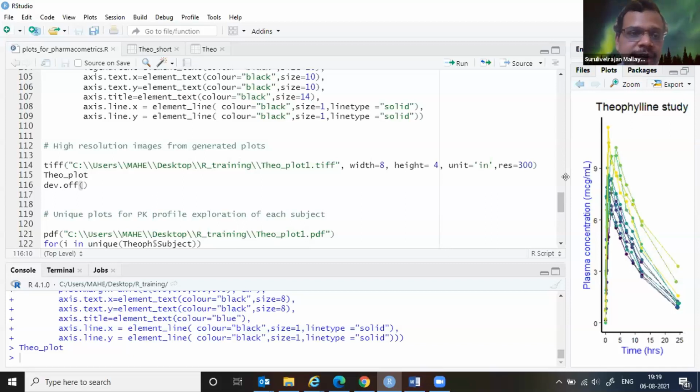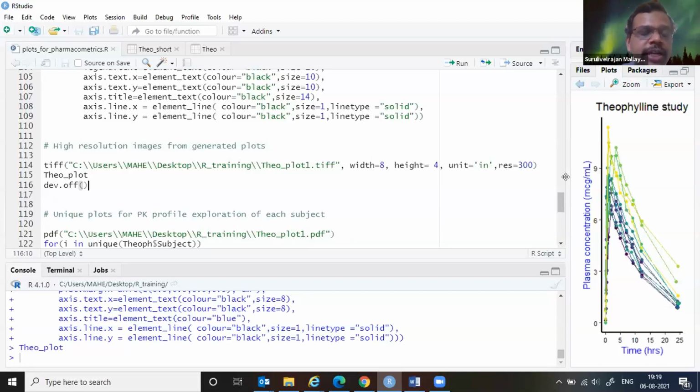So how do we generate it? As you have seen, the way we run a ggplot, we can run it and convert it into an object. Like theoplot is an object created, and now I'm going to convert this into a TIFF. JPEG, TIFF, various formats are there. I'm comfortable using the TIFF format.